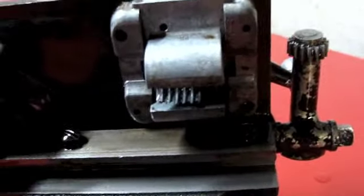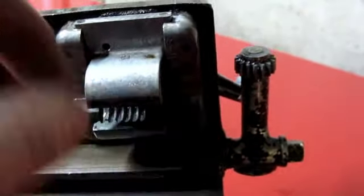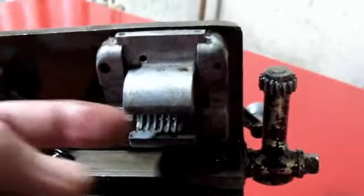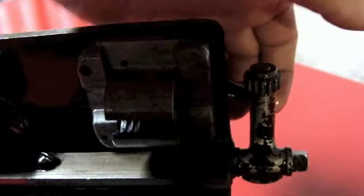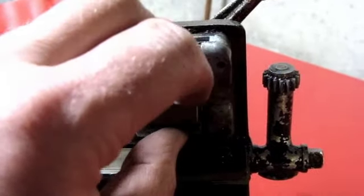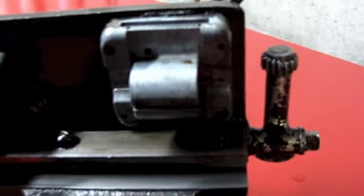And what you've got over here is this device. This is called a half nut, and you can see it's like a big thick nut that's split in half, and then this lever on the outside here actually actuates it. So what happens is you've got that lead screw sitting in there turning, and nothing's happening. You flip the lever, that closes the half nut onto the lead screw and causes the drive to engage for threading or